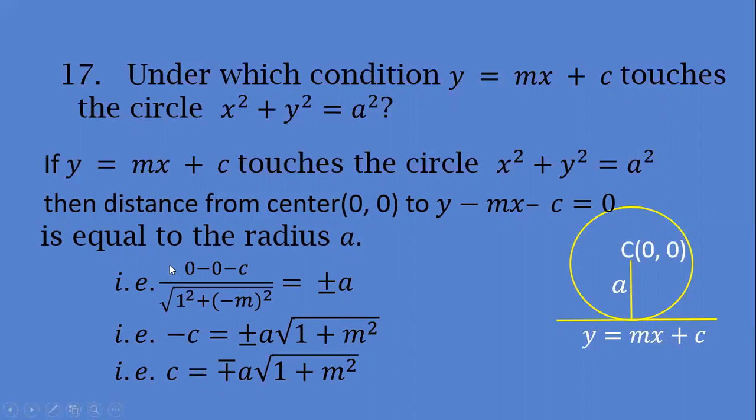As I did not put the vertical line here, for this I have given the plus minus sign. If we put the vertical line, that is the modulus sign, absolute value, then you need not put plus minus here. As I did not put it here, that's why I have given plus minus here. And after this calculation, we get the relation.